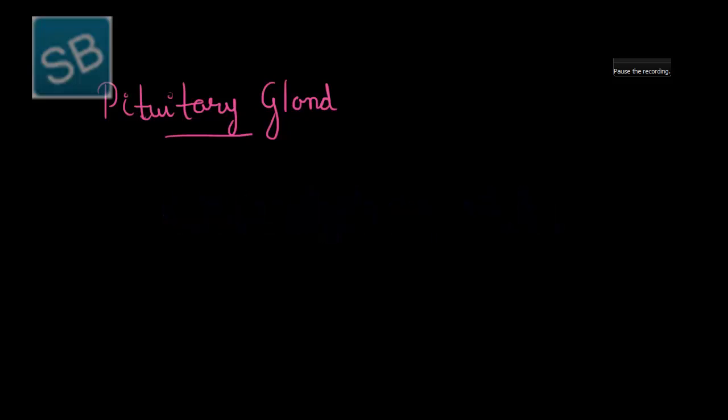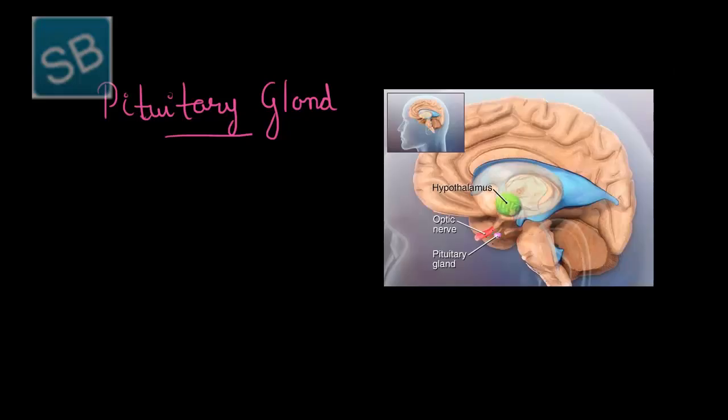Now after hypothalamus, we will study about another most important endocrine gland, that is pituitary gland. As it can be seen from the figure, pituitary gland that is highlighted in pink is attached to the hypothalamus in a form of depression. Thus pituitary gland occurs as a depression of the sphenoid bone, that is this bone,